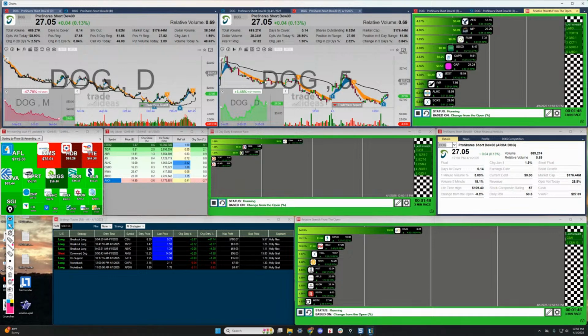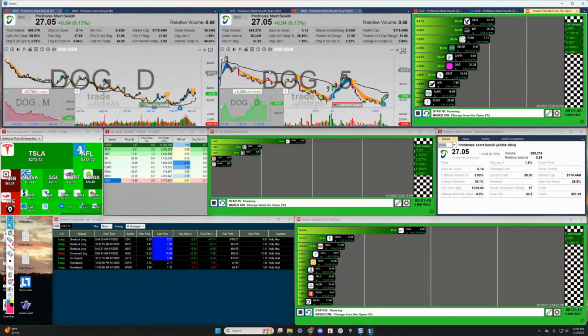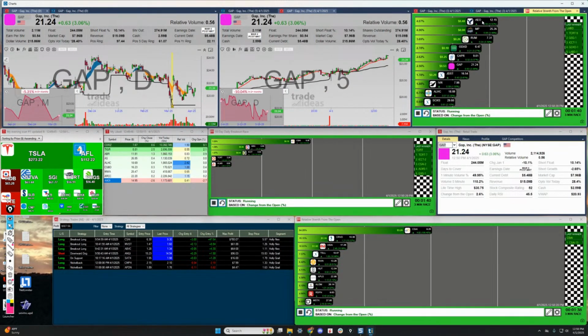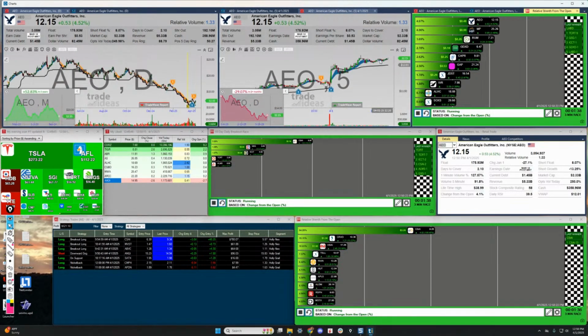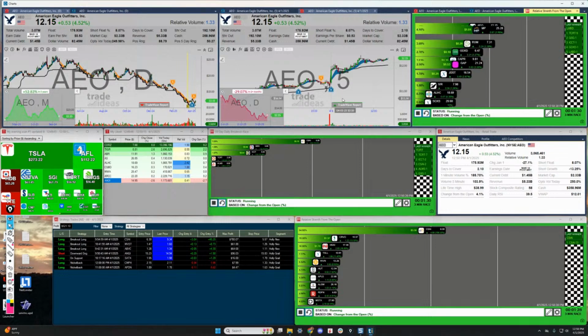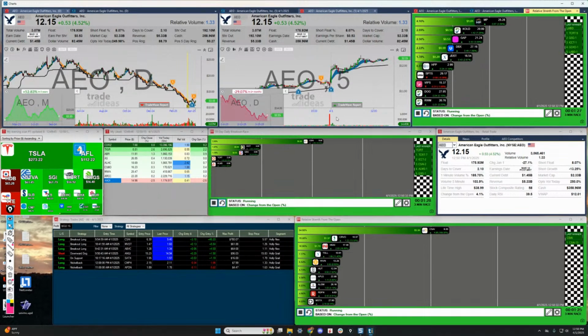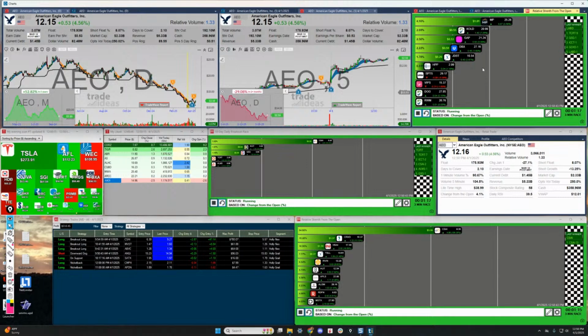So, kind of interesting here. We said the retail was looking all right today. Here's Gap, and here's American Eagle. They're still holding up all right now. I like to point out things like that because there's so much data you can discern from different scans. There's not just one way to slice the data that's coming out of them, and you can use one set of data to confirm another set of data,